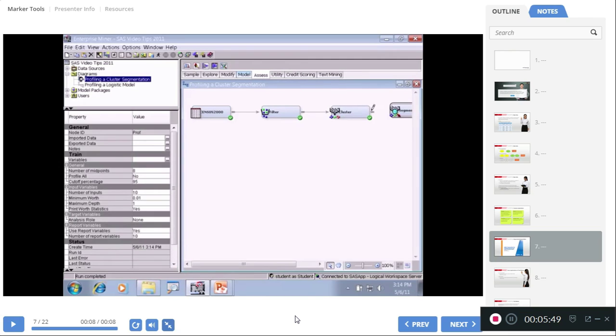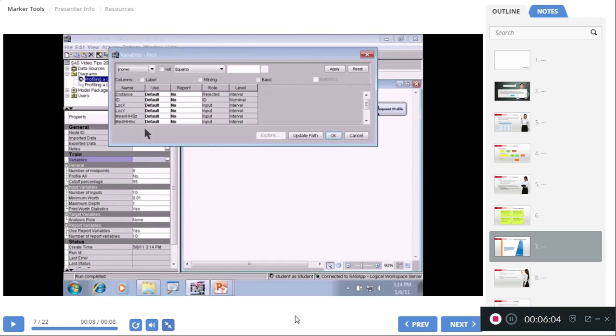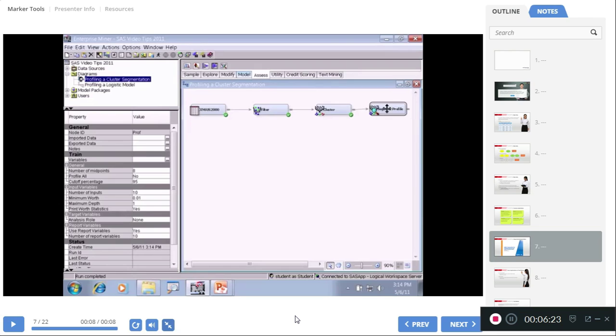I'm going to drag that down and connect it. Make it so you can see this just a little bit better. And I don't want to just run this right out of the box because there are some variables in here that I need to turn off. I don't want to have my segments profiled on some of the variables in my data set. For example, the distance, I don't want to use that one. I'll go ahead and turn off some of these variables that I don't want to use and leave behind just the variables that I am interested in using. So click through those, make sure everything is set the way I want it to be, and now I'm ready